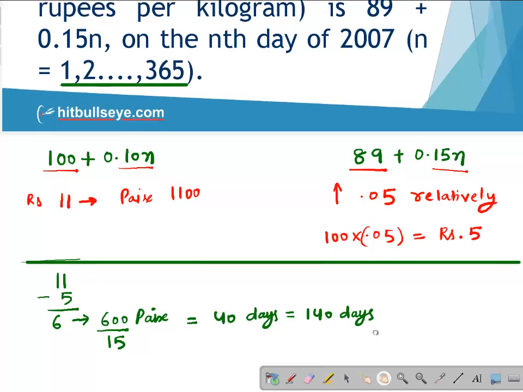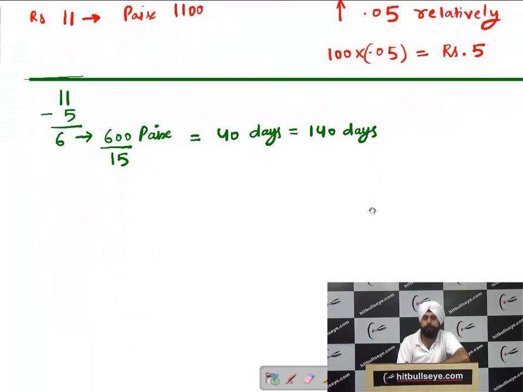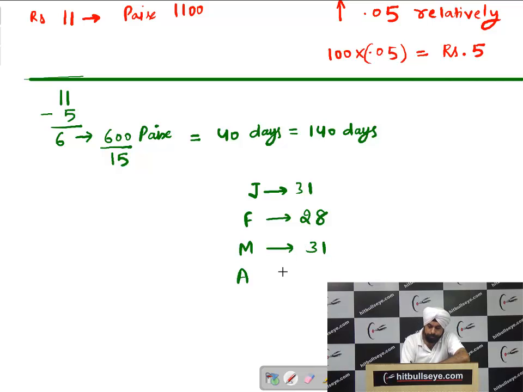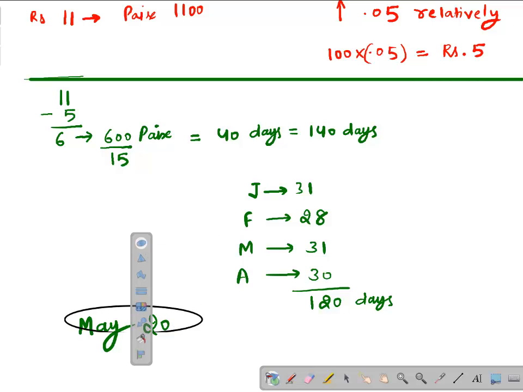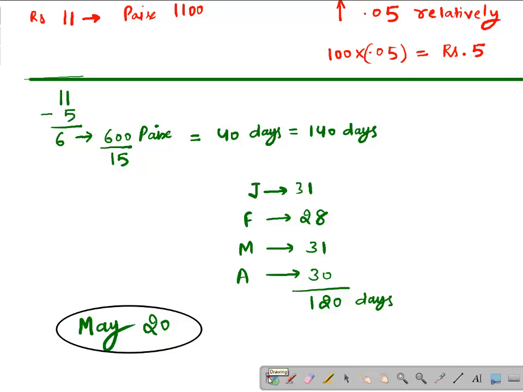But as you might have noticed, all the options were in days. So we have to start from the 1st of January to answer in days. Now students, you know January has 31 days. February will have 28 only, it was 2007. March has 31 days. April has 30 days. And with this, the total becomes 120 days. Now there are 20 more days left, students. So adding 20 days or going to the 20th of the next month, that is May 20, will be your answer, students. So 20th May shall become your answer.